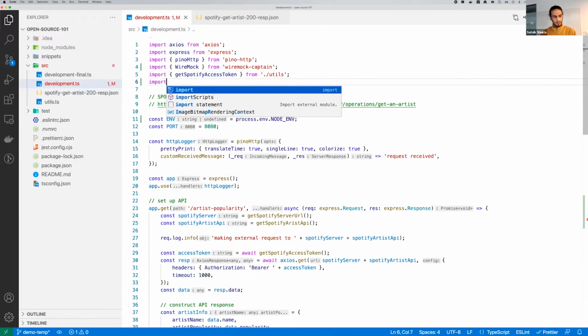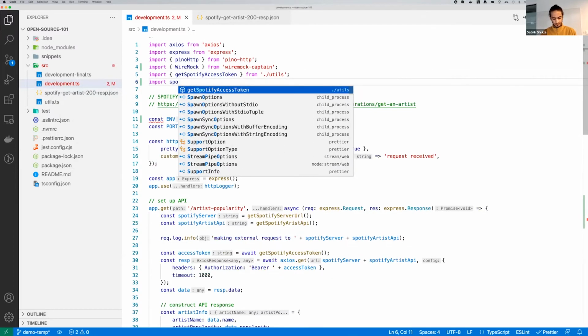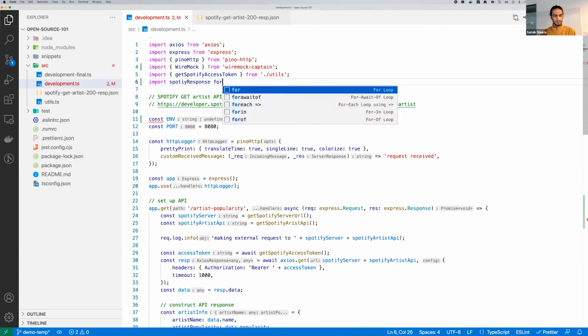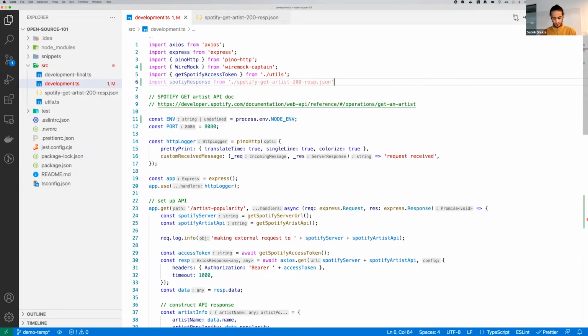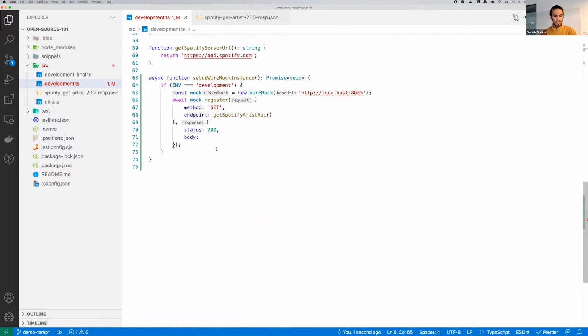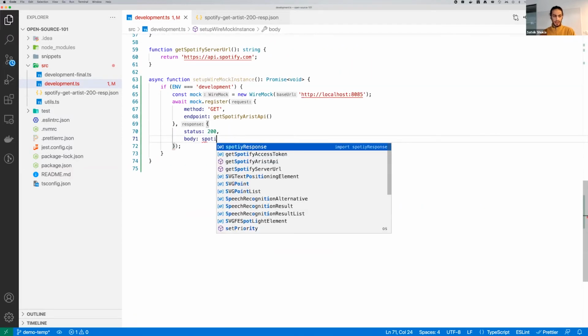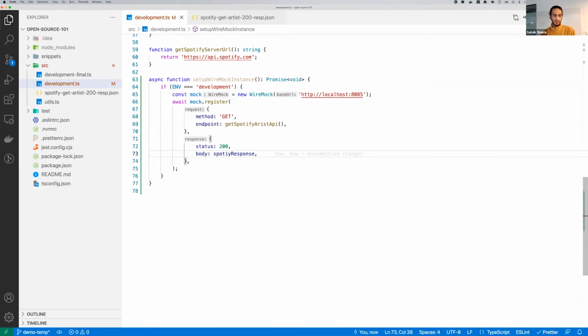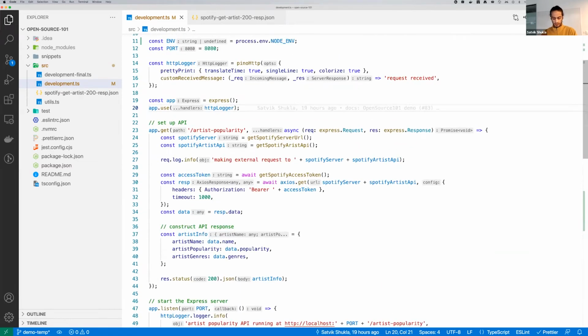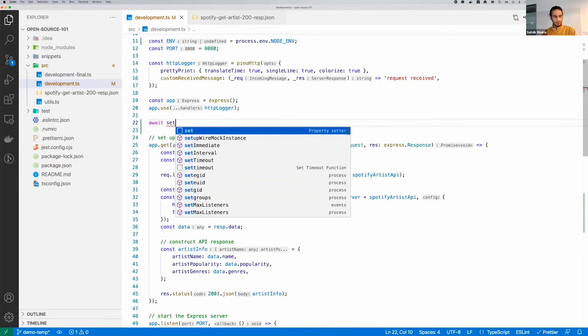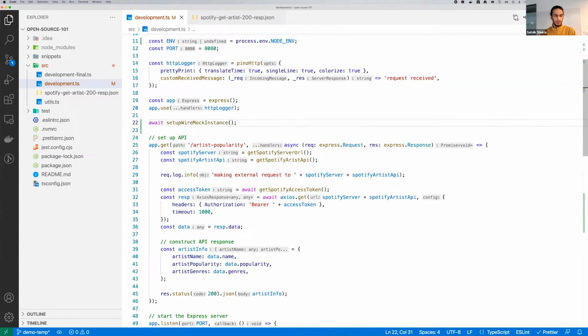So we are going to import this file, and we are going to say that we want to respond back with this JSON if there is an incoming request to this mock instance, right? So now we have set up our mock instance. That is great. Now what we will do is we are going to call our setup function